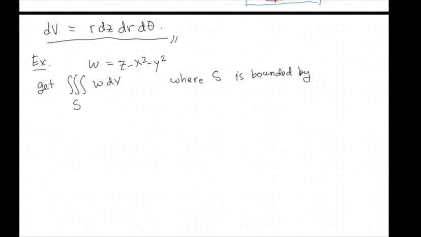It's just the xy plane, and then in the xy plane we get bounded by